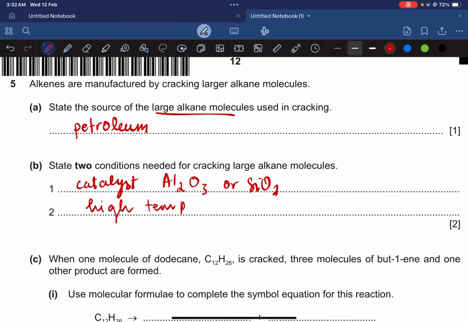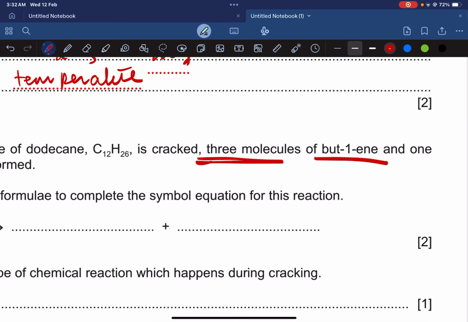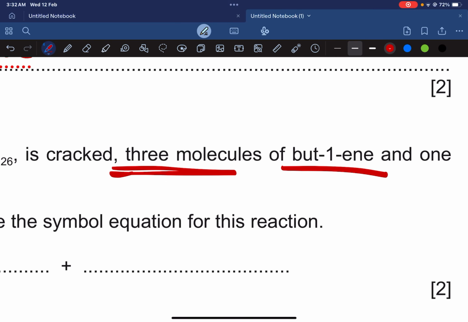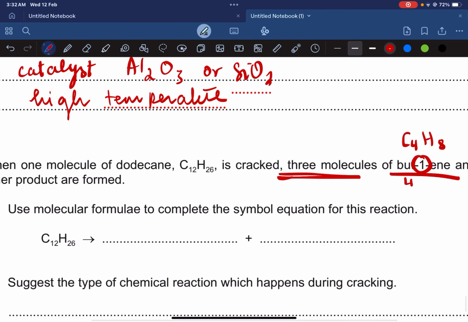Next is, when one molecule of decane, C12H26, is cracked, three molecules of but-1-ene and one other product are formed. Use the molecular formulae to complete the simple equation. But-1-ene simply means that we're taking butene. This one has nothing to do with the written formula. Butene is going to be C4H8. But means 4 carbons. So what we're going to do is form 3 molecules of